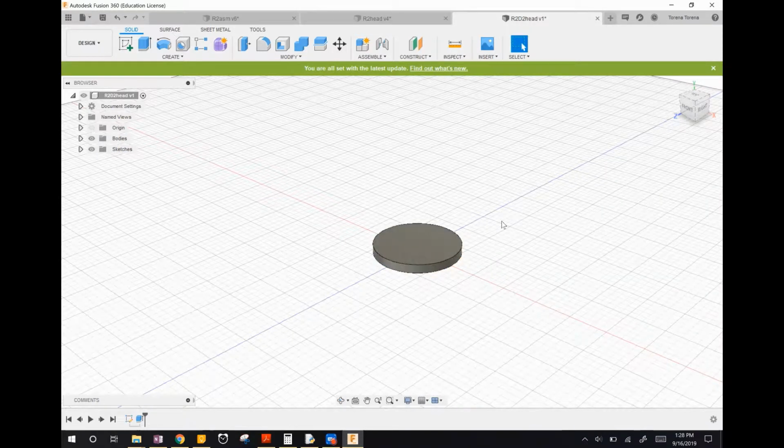So now that we have this cylinder, what we want to do is make the dome shape of the head. There are a few different good ways of doing this, but the way that I'm going to show you right now is to use a revolve feature. Revolve, a lot like extrude, is a way of taking a sketch and